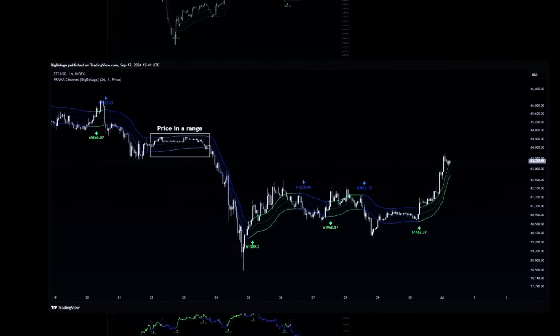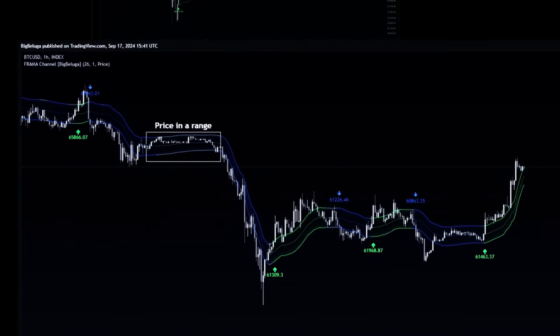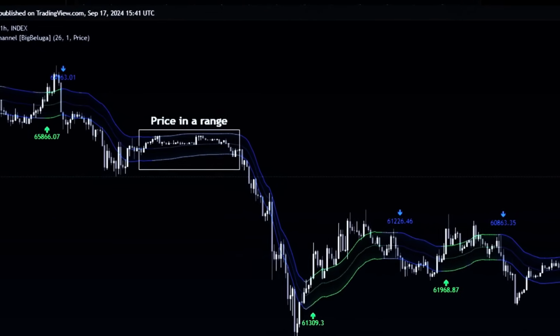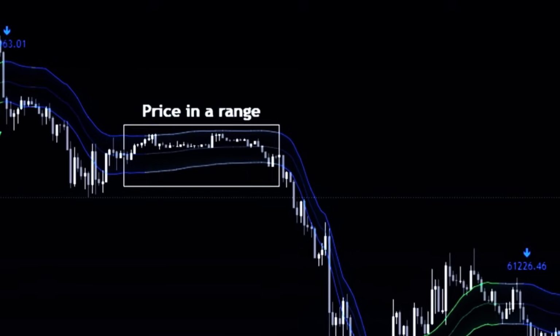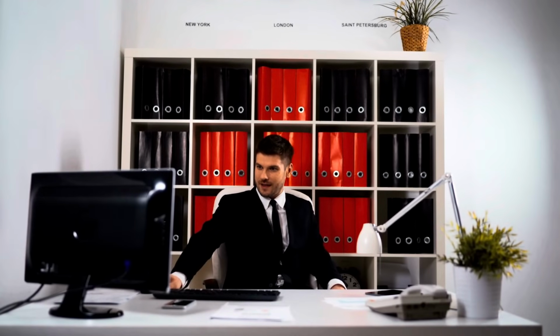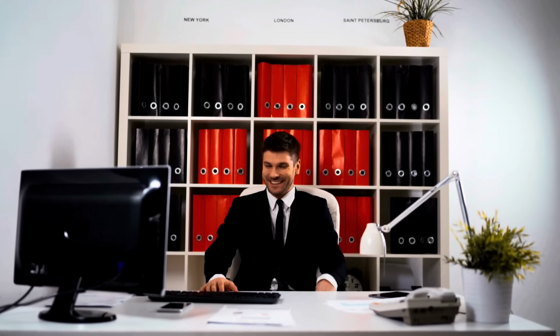If the price just bounces around inside the channel without actually breaking out, that means the market's probably just chilling, not really moving anywhere fast. The channel even changes color to show you this, so you can avoid getting caught in those annoying choppy markets. This adaptive approach is what makes the Fama Channel an awesome TradingView indicator for both trending markets and those sideways